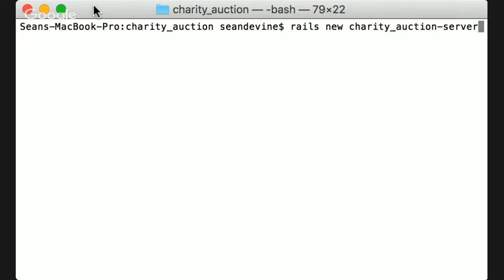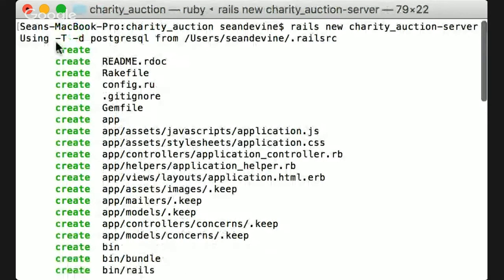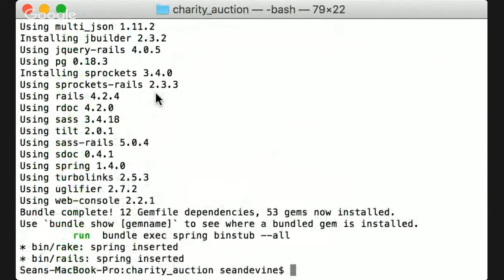So in my Rails RC, I've got Postgres set as the database, and I've got it set to skip test unit because we'll be using RSpec, but we can just run it otherwise. Now, I know that in the newer Rails, and you can see up here what those configs were. So using -T -d Postgres. So that's from Rails RC that is skipping test unit in Postgres. Okay, so this just created the basic Rails